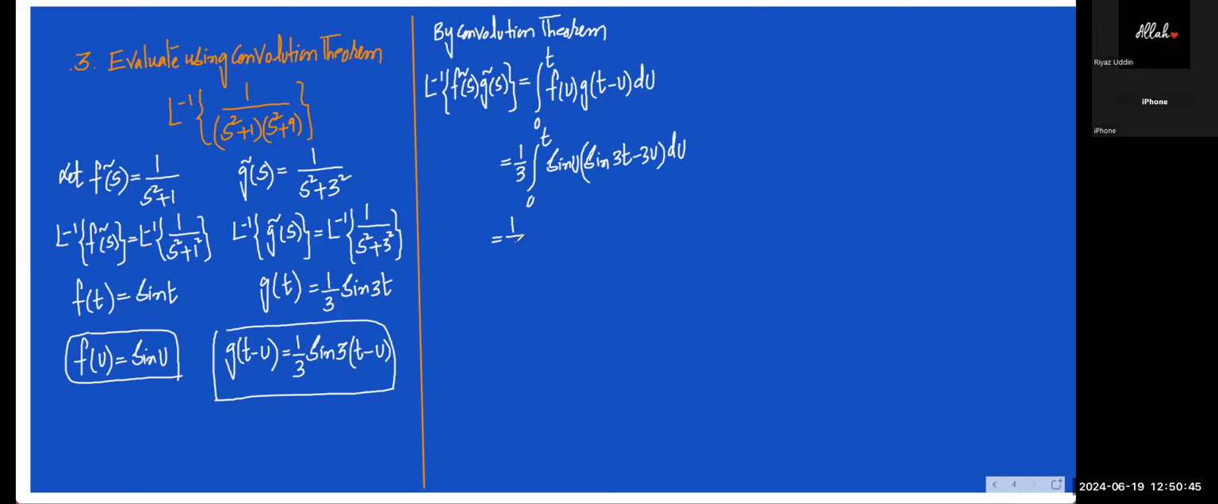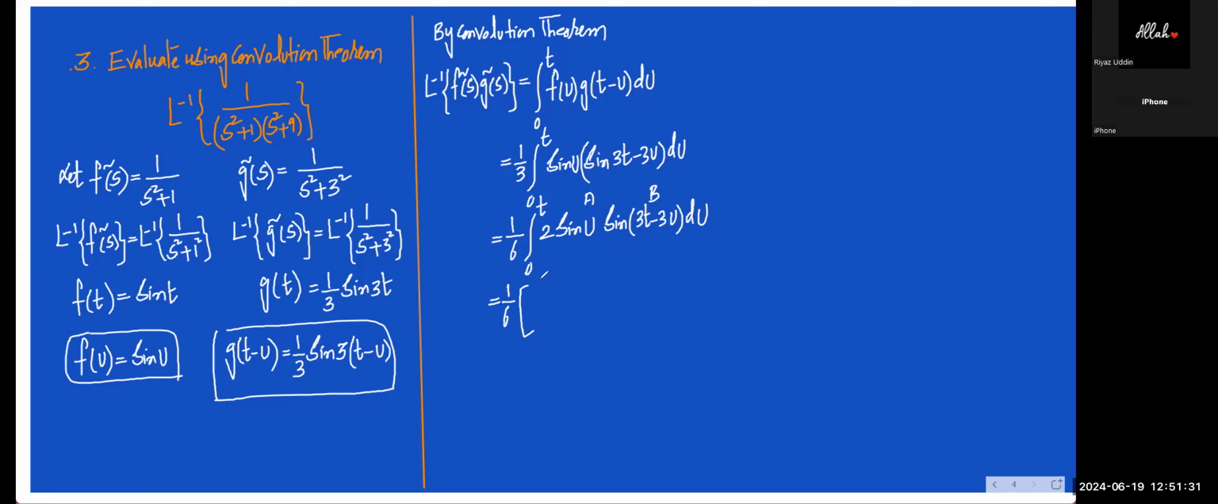मल्टीप्लाई एंड डिवाइड बाई 2, 1/6, 0 to t, 2 sin u into sin of 3t minus 3u. दिस इज ए, दिस इज बी। तो यहाँ पर भी वही फार्मूला, टू साइन ए साइन बी का, ए वैल्यू इज दिस वन, बी वैल्यू, टू साइन ए साइन बी is cos of a minus b minus cos of a plus b। तो 1/6,